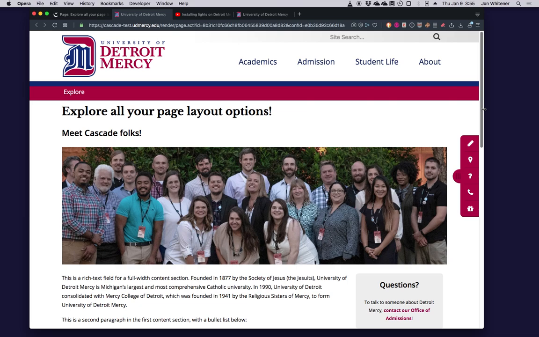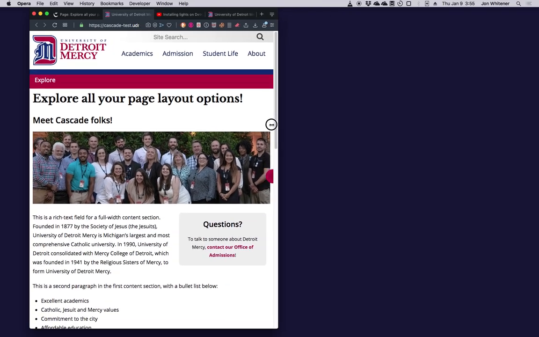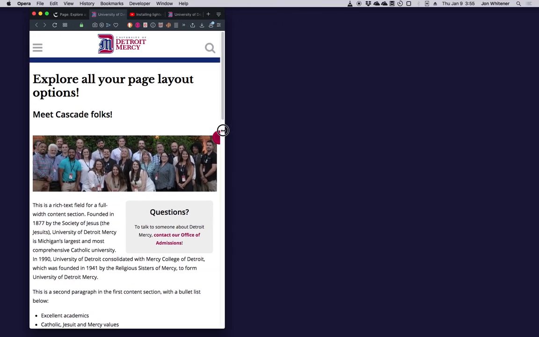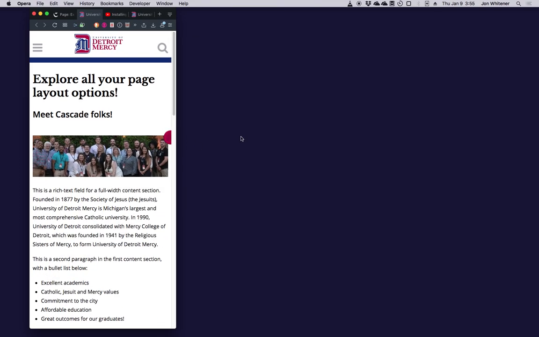Watch what happens when I squeeze this browser window down to a phone shape. One thing you'll notice is, because of our wonderful responsive code, that image, since it's the right size, is shrinking down to still be full width, even though the width is quite a bit different than it was at first.